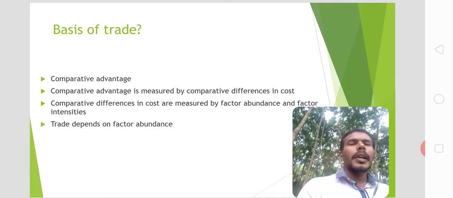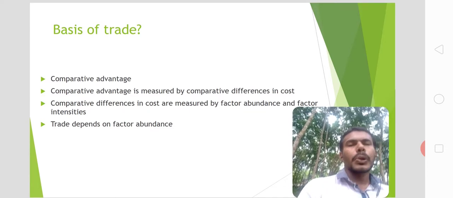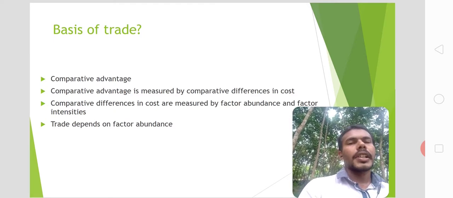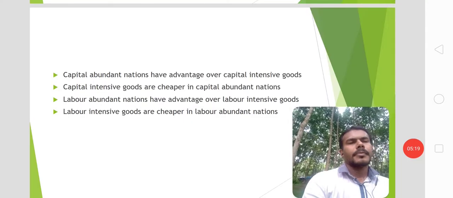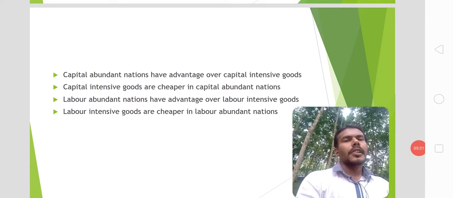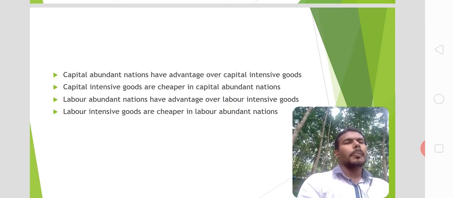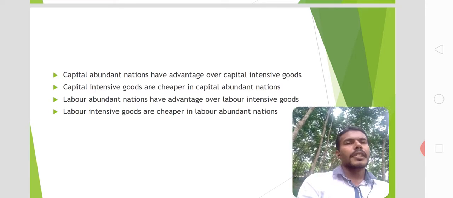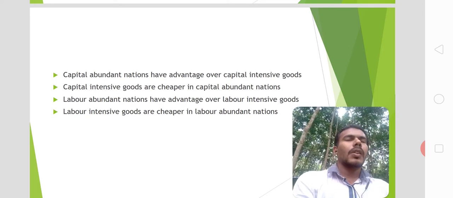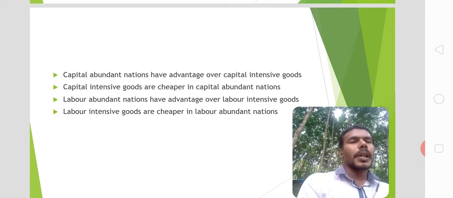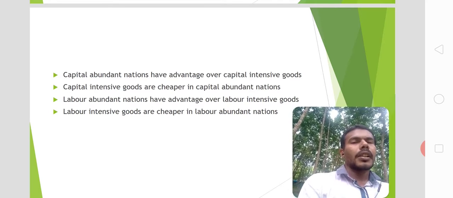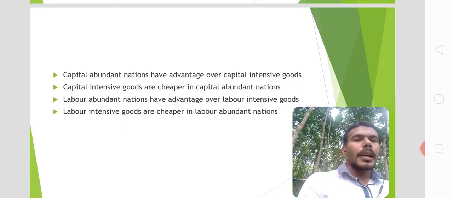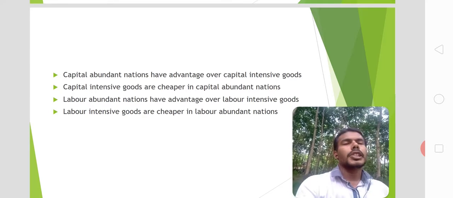So the trade ultimately depends on factor abundance, not just labor cost of production, as visualized by the classical theory of trade. So as per the theory, capital abundant nations have got the comparative advantage over capital intensive commodities. Capital intensive goods are in fact cheaper in capital abundant nations or capital rich nations, as capital is plenty in the capital abundant nations. At the same time, labor abundant nations have got the comparative advantage over labor intensive commodities